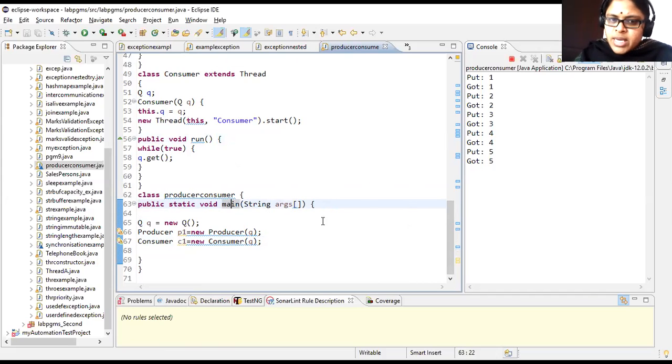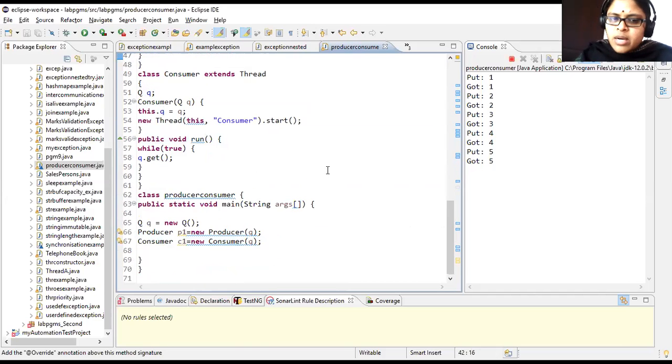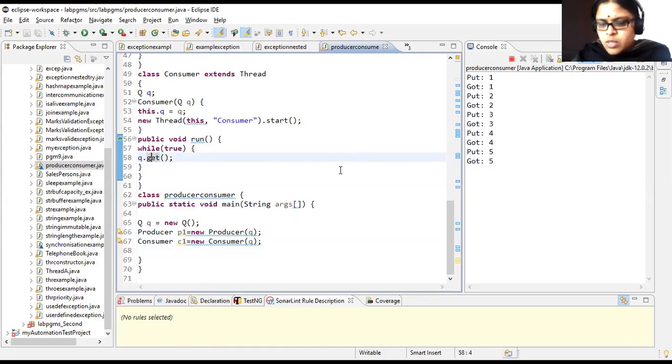Like, the first case can be that your main thread is started. It started your producer thread. Producer thread will call the start method. It may go to the run method and it may call your put method also. Meanwhile, consider that your run method is not even initialized. Meanwhile, the control can again jump back to your main thread and it can start your consumer thread also. What does your consumer thread do? It will start its own thread. So it may call your get function. So there are many cases. So we will see the important cases in this program.